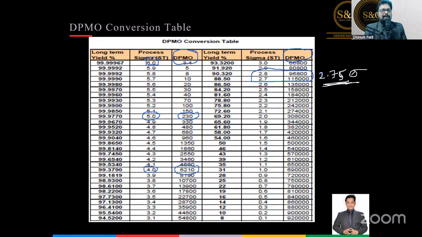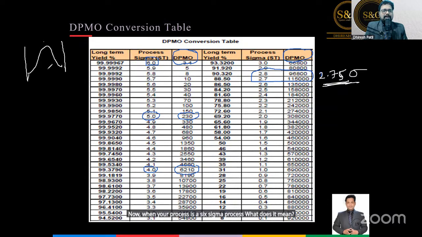Super clear, everybody with me? Now just try to understand this. Very simple. Now when your process is a 6 sigma process, what does it mean? It means